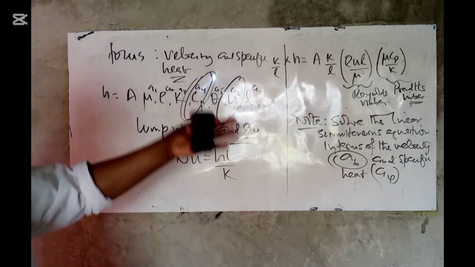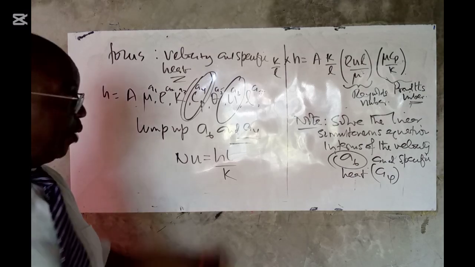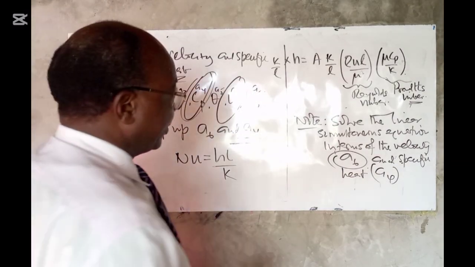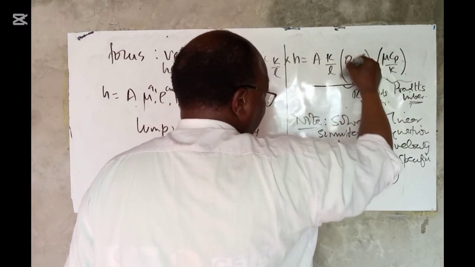If you do that, you are able to simplify that expression where we had those indices. So remember here we have the velocities. Notice